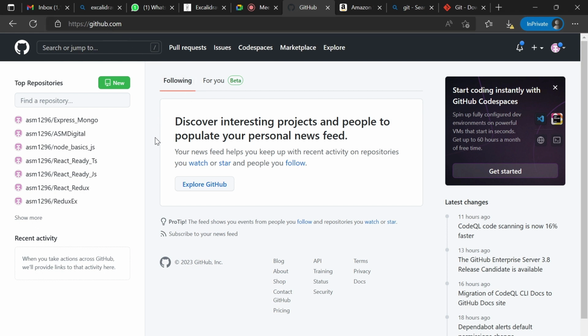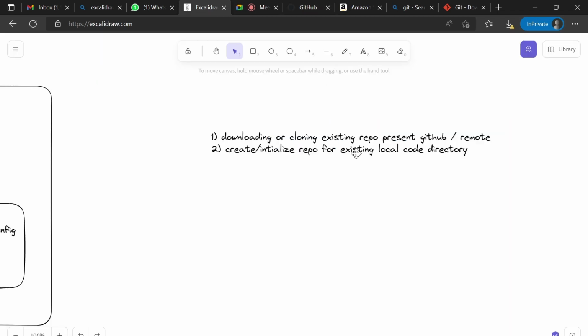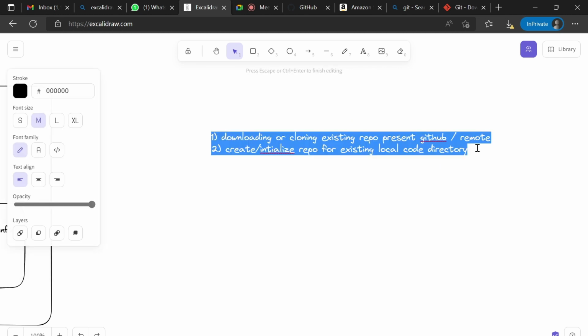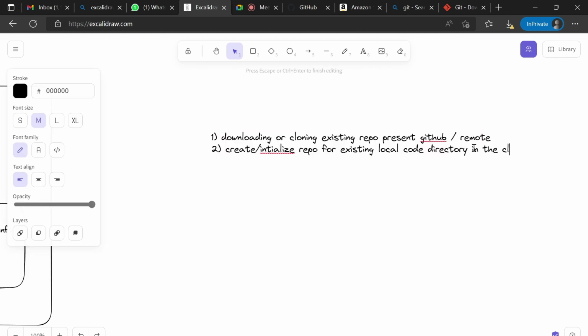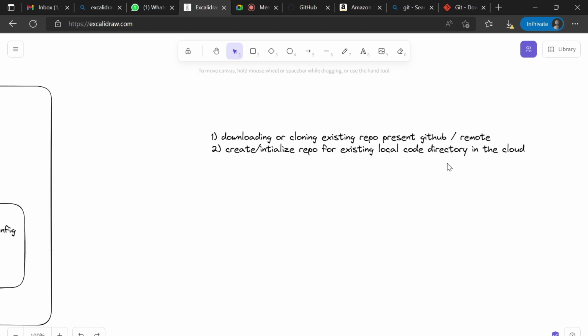They are just Git repository hosting services available on the network or cloud. So we will call it a remote repository, an existing repository available remotely. Download it, or create a local code directory.